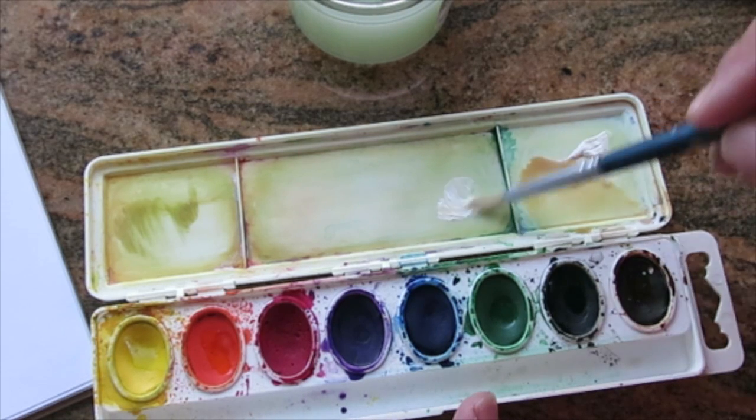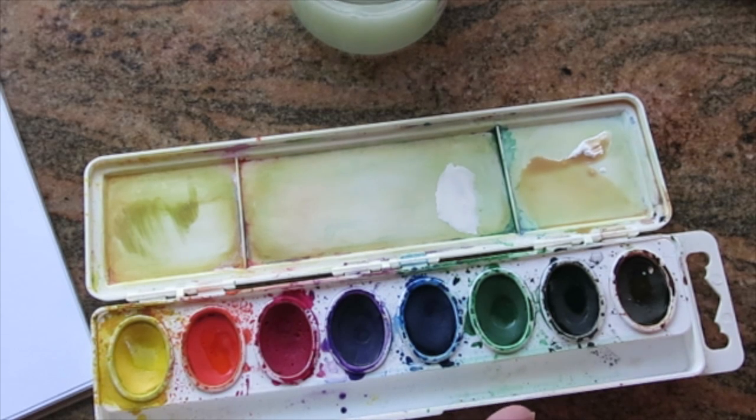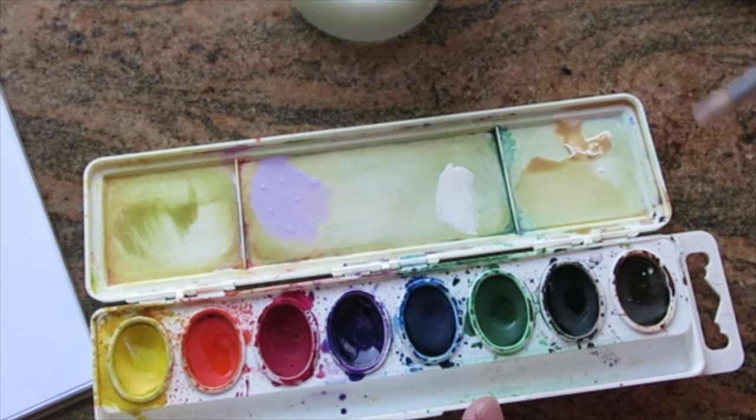I'm going to take a little bit more of this white. If you're going to mix anything with white to save your paints, start with the white first because it can take on the colors that you add to it very easily. So getting back to what I want, I already have my ochre, I have my pure white,